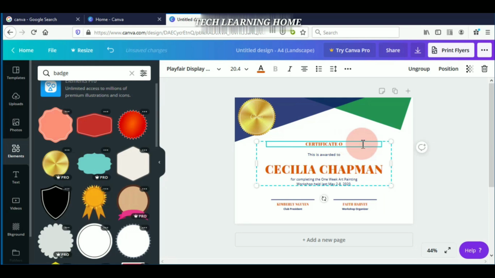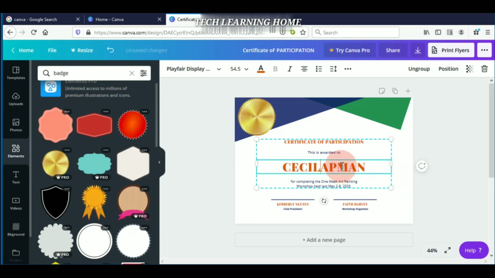I'm going to change this certificate as participation, certificate of participation. This is to be awarded.